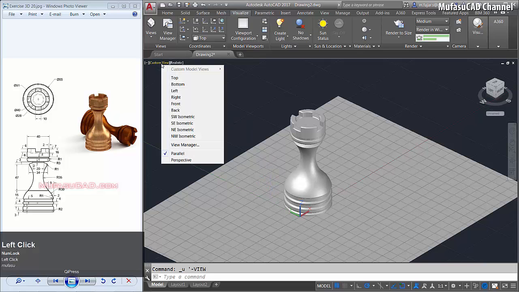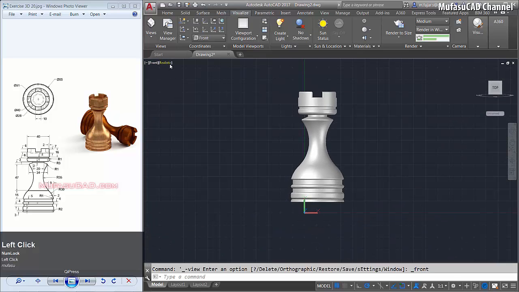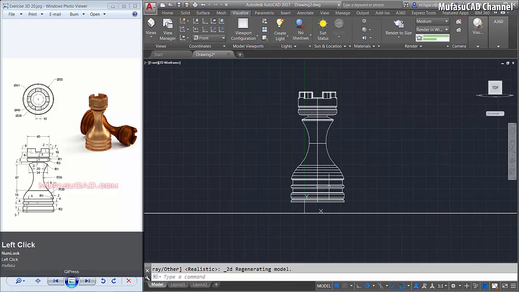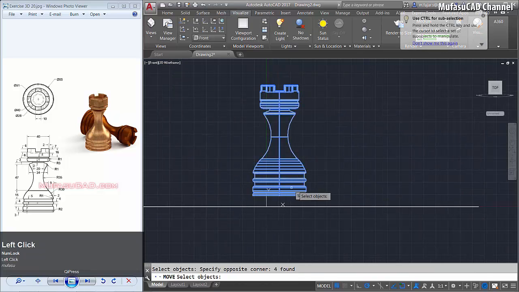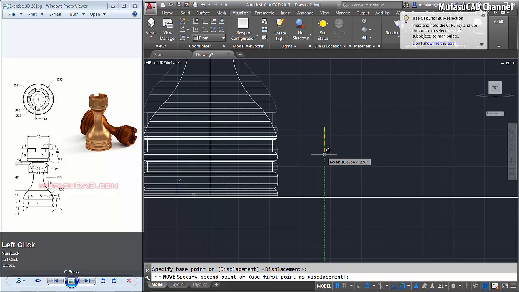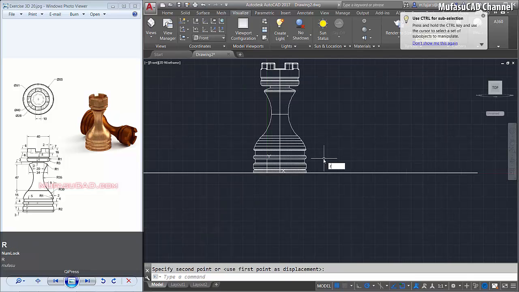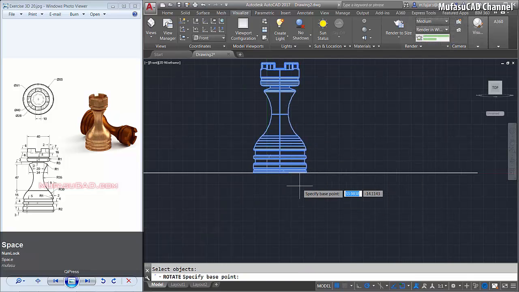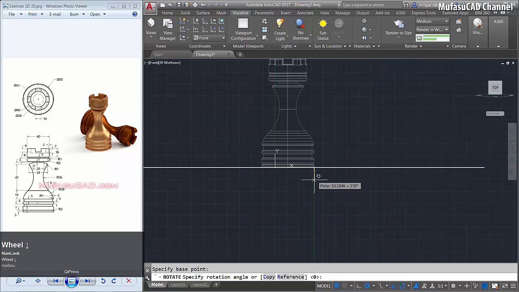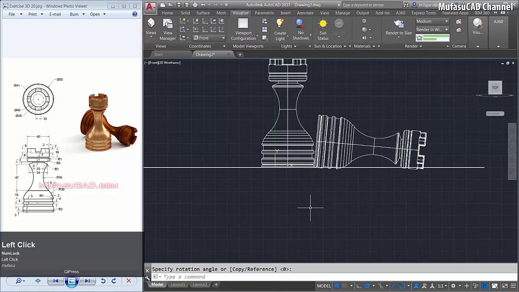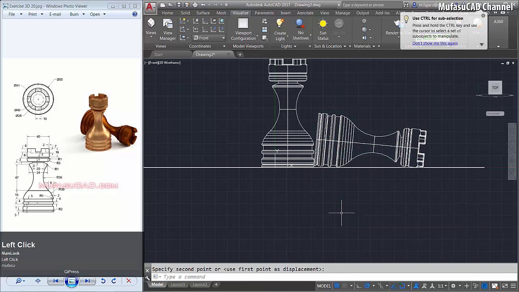Change into front view, and then change into wireframe. I will move this object to the bottom here, and then we rotate this object from this point. Type C, enter to copy and rotate to this point. Okay, we move this object again to the top here.